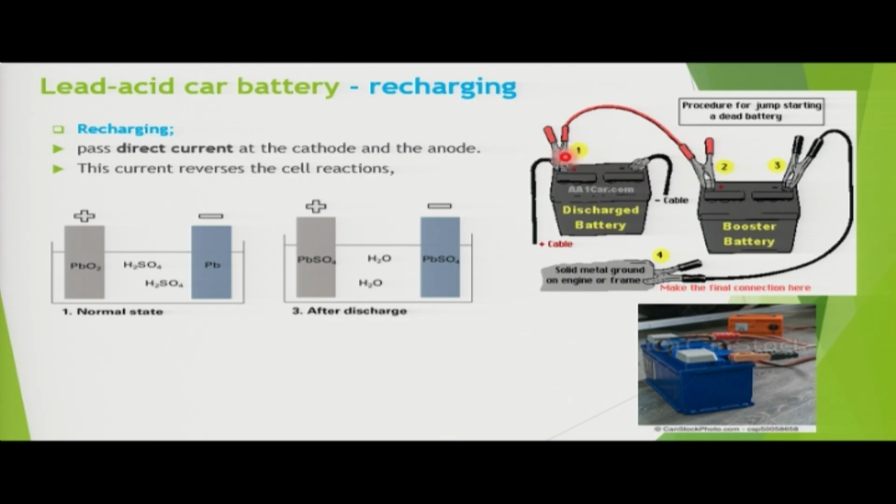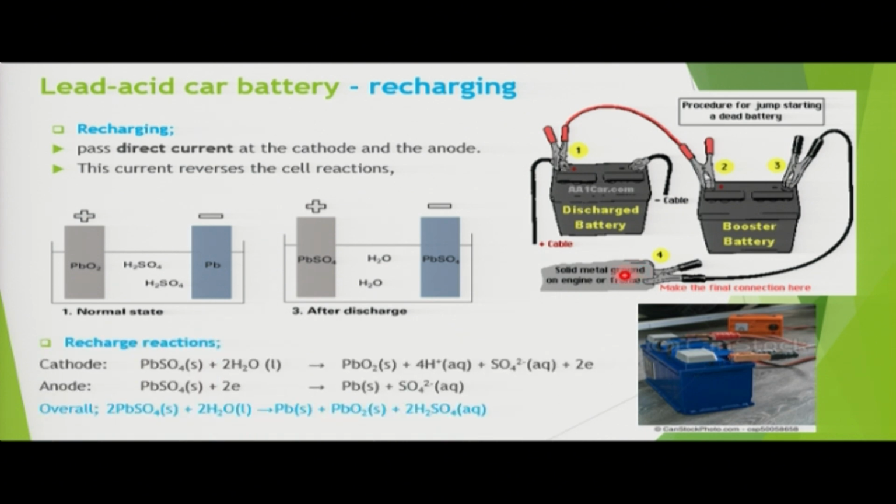Step one is on the positive terminal of a discharged battery. Step two, on the positive terminal of your new battery, which is working, then connect it to the ground or to any other metal, which we call earthing. So when that happens,